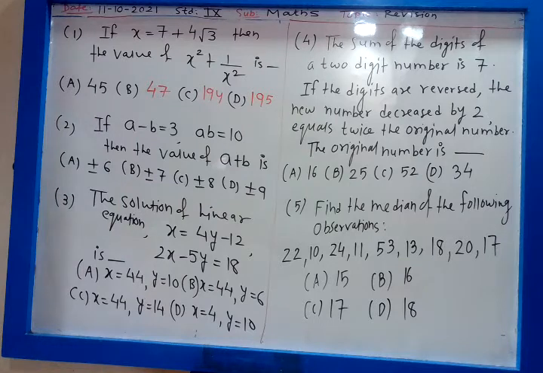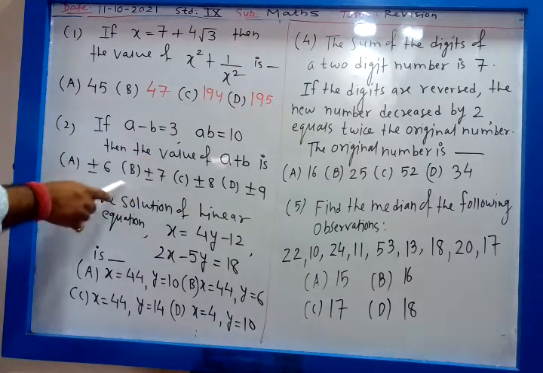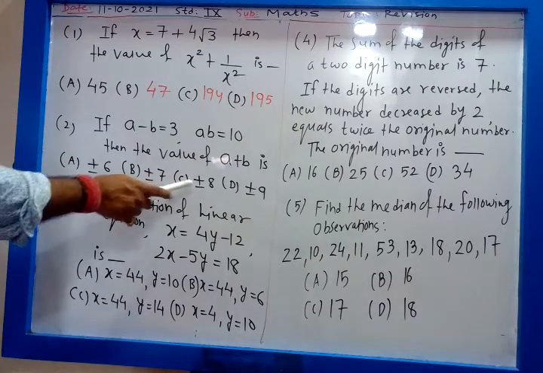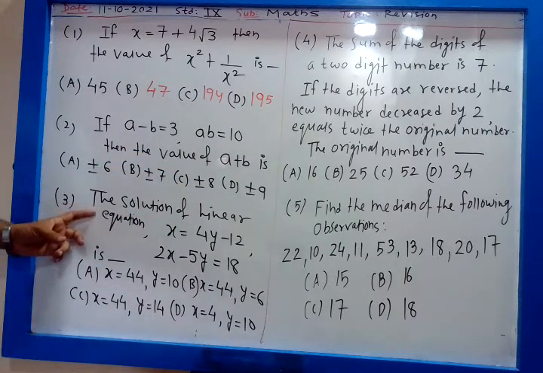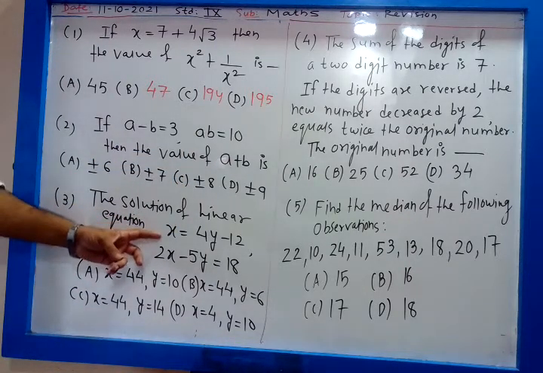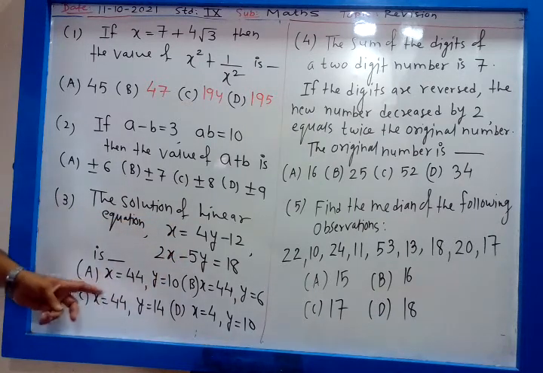Hello, solve the problem. Second question is, if a minus b is 3, ab is 10, then the value of a plus b is plus minus 6, plus minus 7, plus minus 8, plus minus 5. Third question, the solution of linear equation x is equal to 4y minus 12 and 2x minus 5y is equal to 18 is